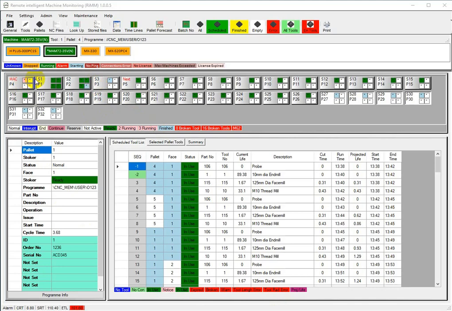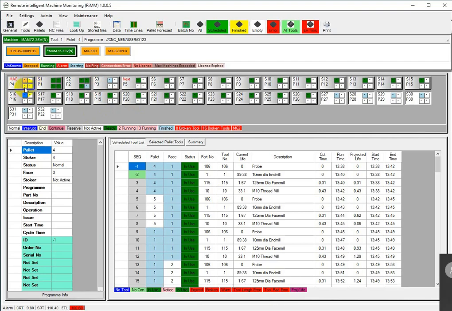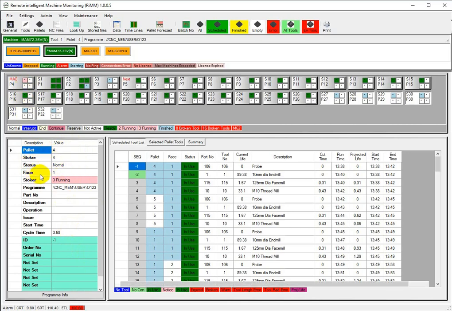Machines with 4-face option will have 4 small square indicators. Top square is face 1, face 2, face 3, face 4. Click on the face, you'll see the information in pallet detail. So I clicked on face 1, it tells me it's pallet 4, stocker 4, the status is normal, face 1 is running,